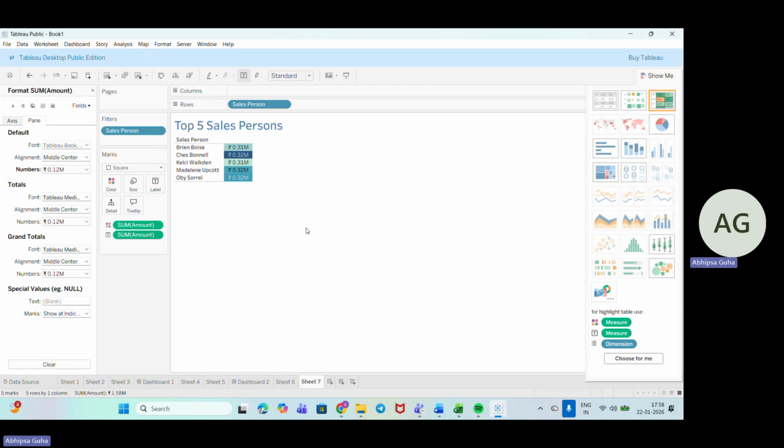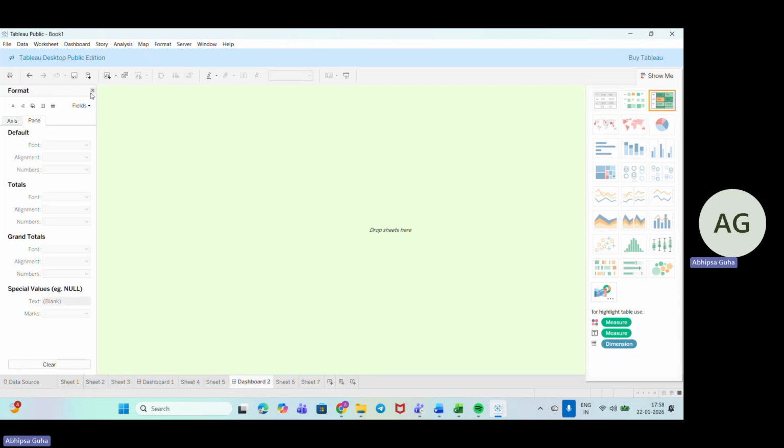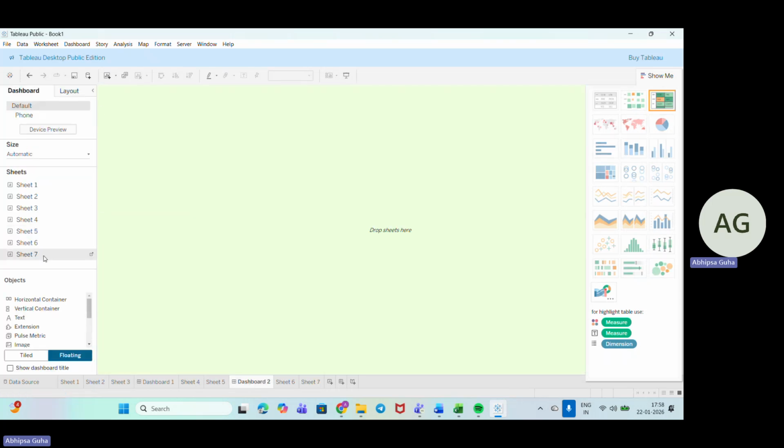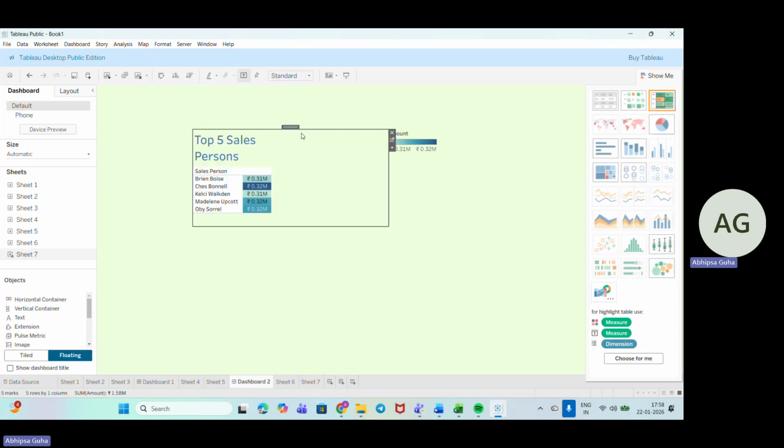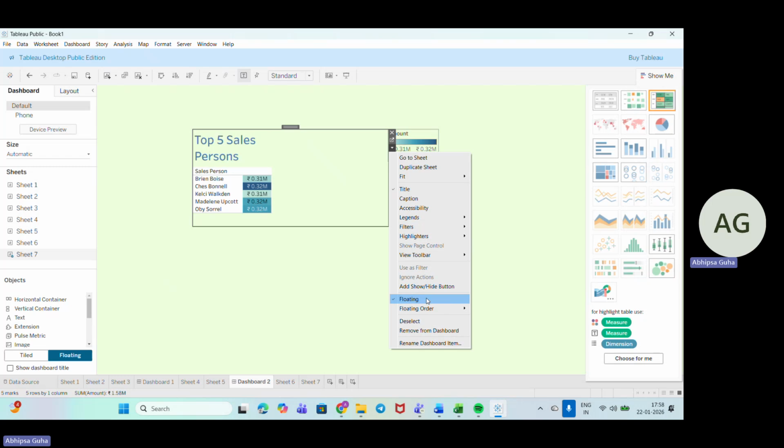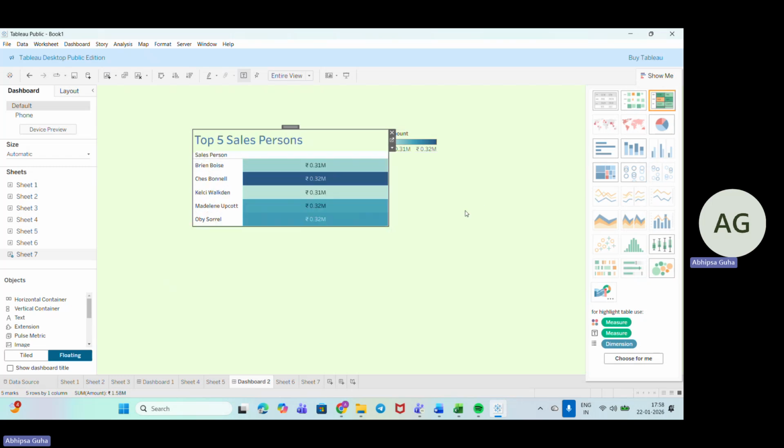So now we will be adding that there. Okay. So going down here, we have this data, so we'll add it up here. Coming down, we have to go for floating. Yeah, that's fine. We have to go for entire view. Okay. And also this needs to be taken here like this.